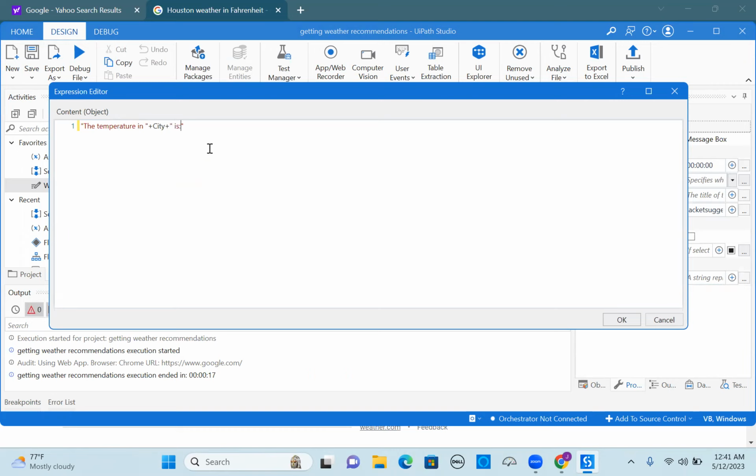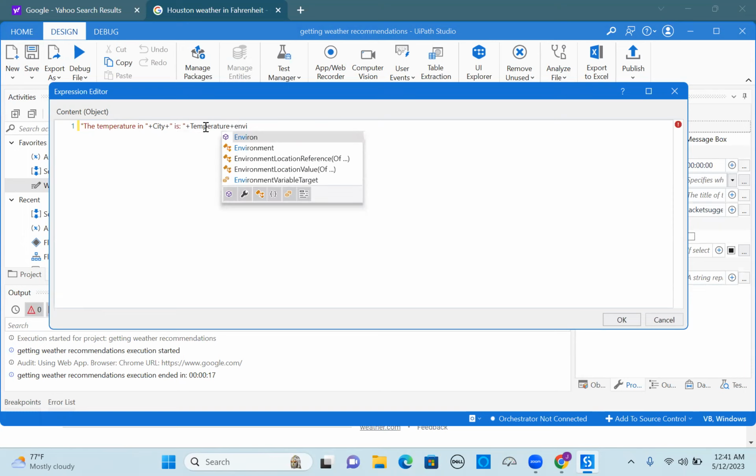Space is space. Then we're going to call it temperature. And then we have plus do environment dot new line